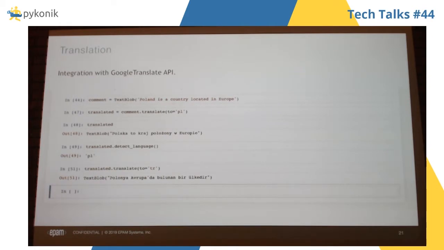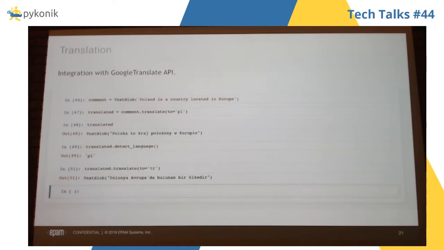And translation, this is the coolest feature, I guess. Actually, it's not that hard to deal with the Google Translation API, but I think it's nice to have an option to translate your text data in a very simple way. So I have a comment, "Poland is a country located in Europe", and I want to translate it to Polish.